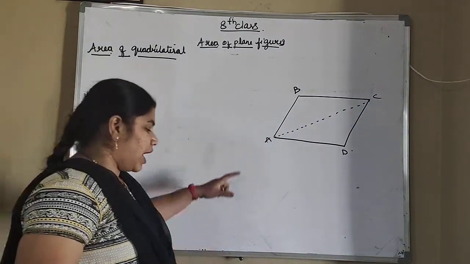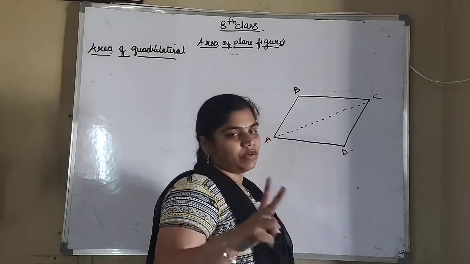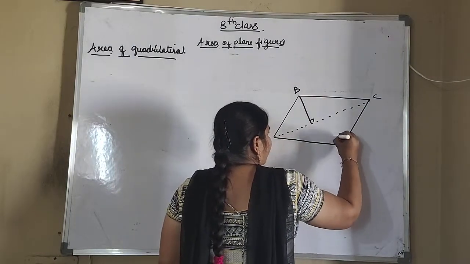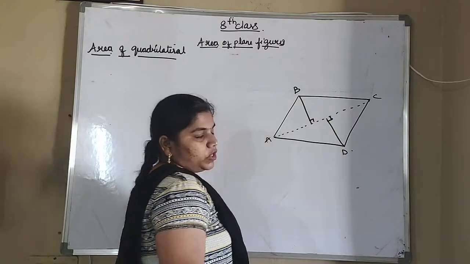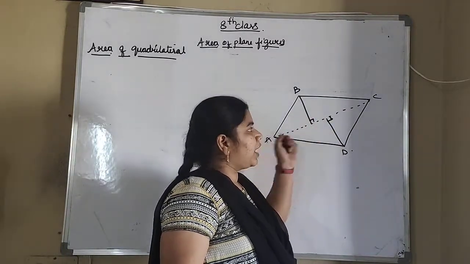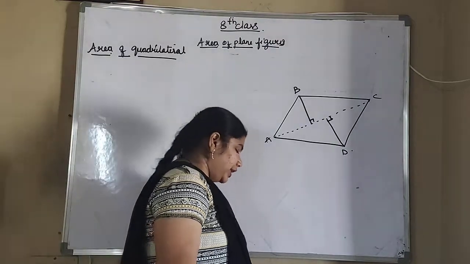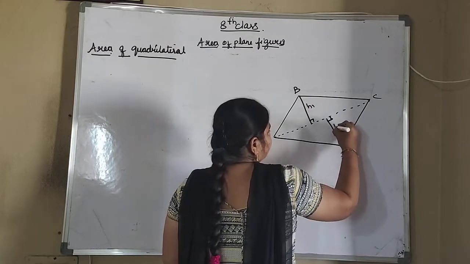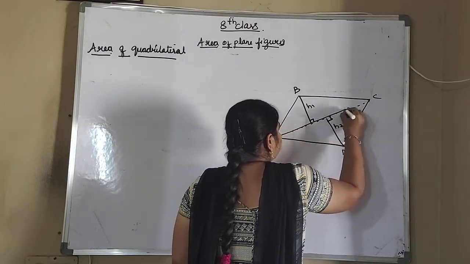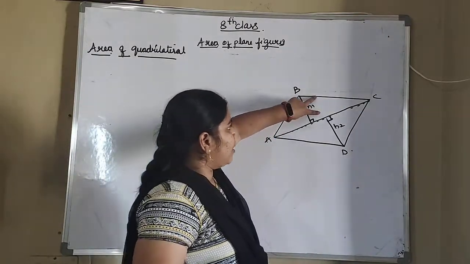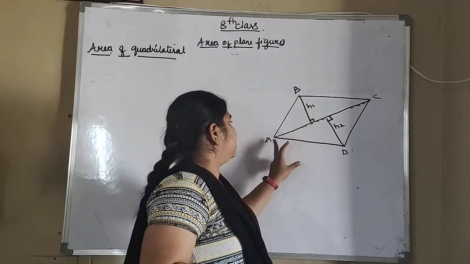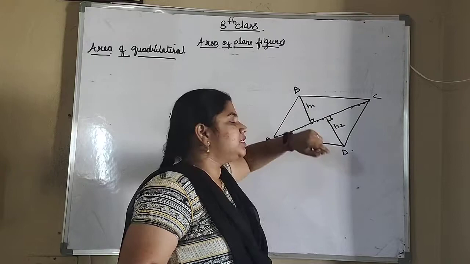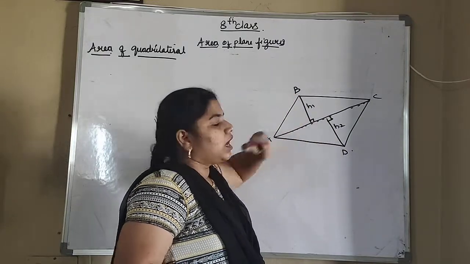After drawing this diagonal, this quadrilateral has been divided into two parts. The first part is a triangle and the second part is also a triangle. If you add both these areas of a triangle, then it will form the area of a quadrilateral. This one I am taking as height 1 of a triangle and this part is height 2 of a triangle. This is a diagonal for both the triangles. This is triangle 1, this is triangle 2. For these triangles, the base AC is common, but the height is different: this is height 1 and this is height 2.